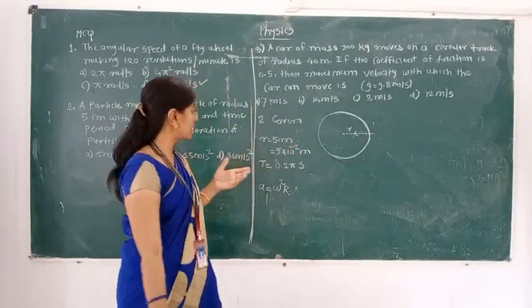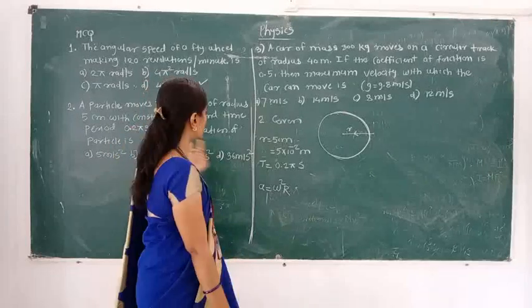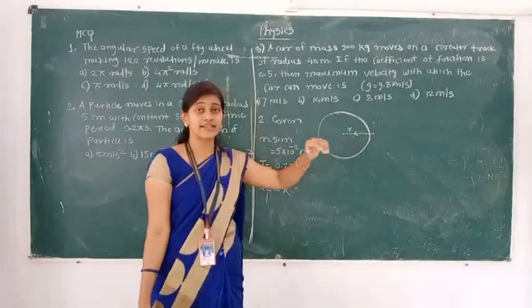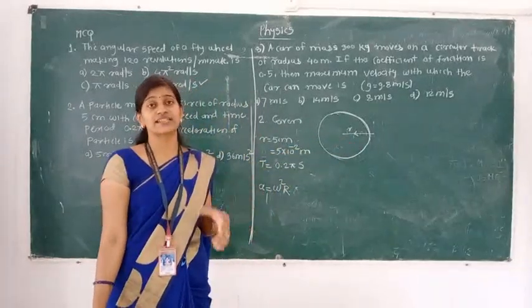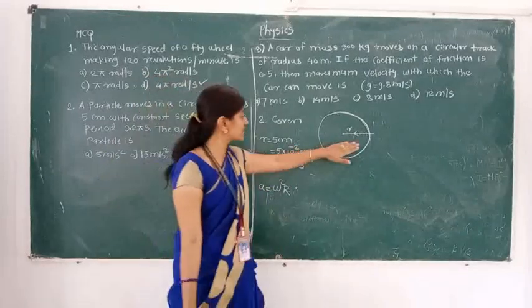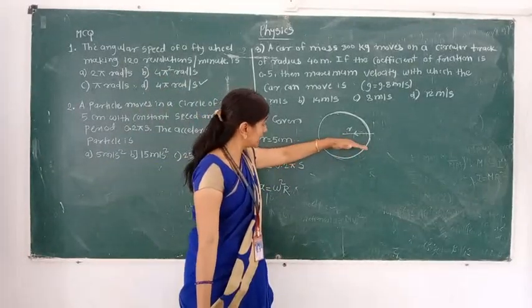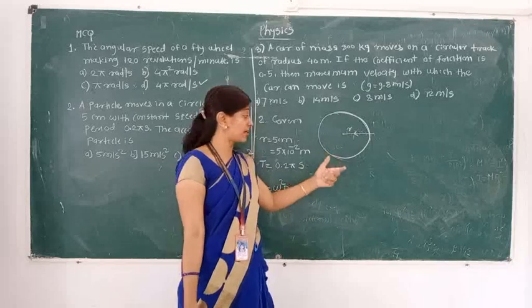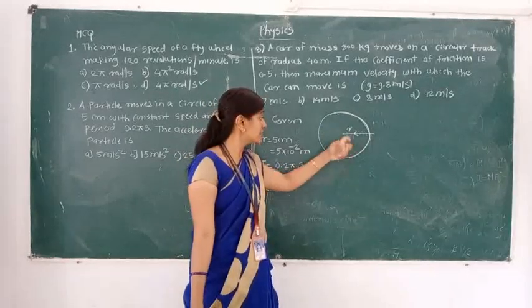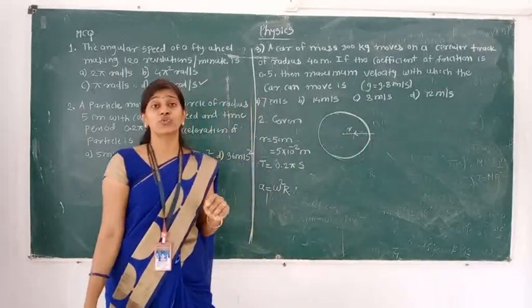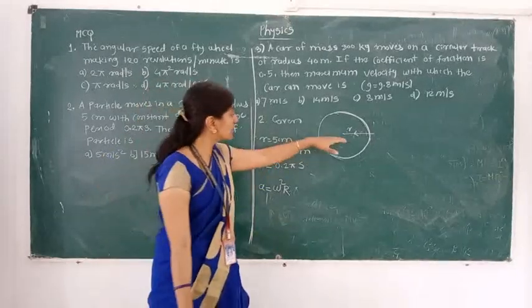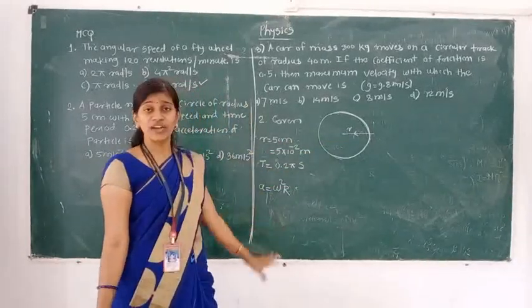So the particle which is going to perform a circular motion, in this case the acceleration is a radial acceleration, otherwise it is a centripetal acceleration. This acceleration, ये भी जो हमारा acceleration है, ये भी always center की तरफ ही झुकता है. Otherwise this acceleration is directed toward the center of the circle along the radius vector. यही acceleration हमें find out करना है.